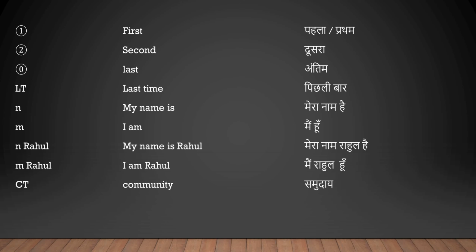CT means community, समुदाय. CL means central link. So in Hindi you can just keep it as central link because it is the name of an organization, or if you want to be extra careful or you want to translate it anyhow, you can use Kendra link, but I would prefer you to keep it as central link itself.